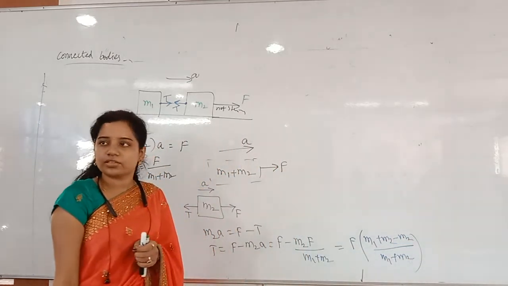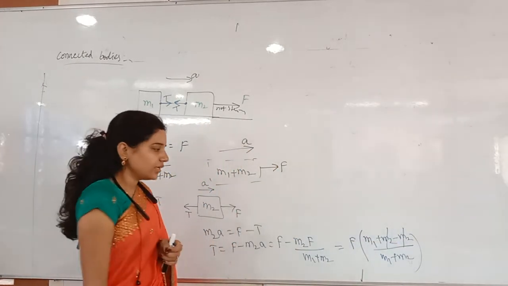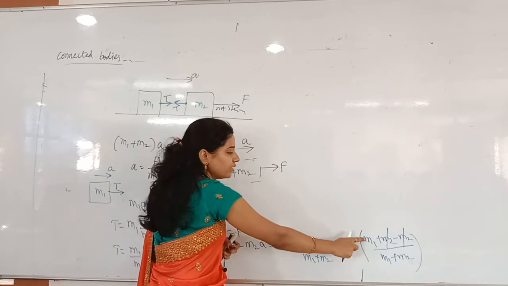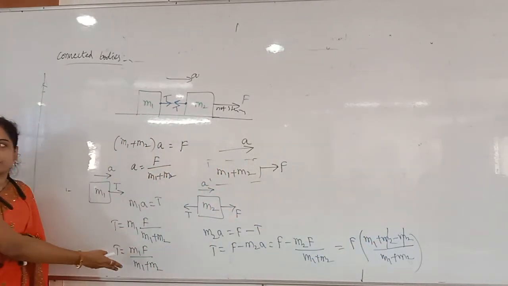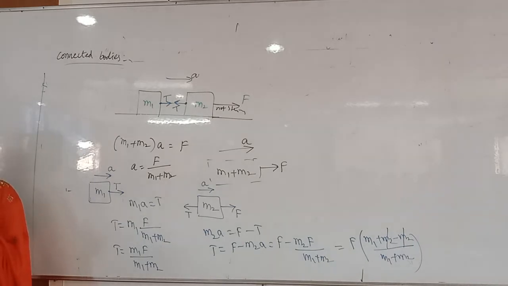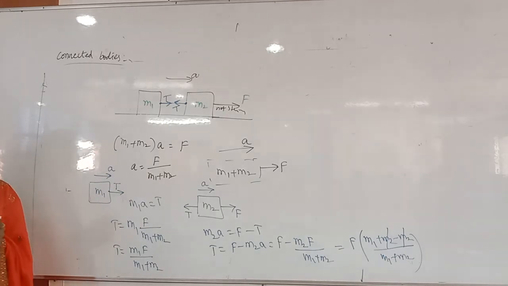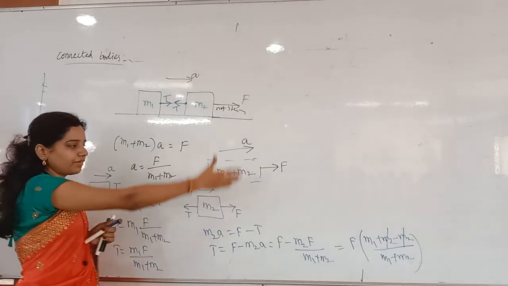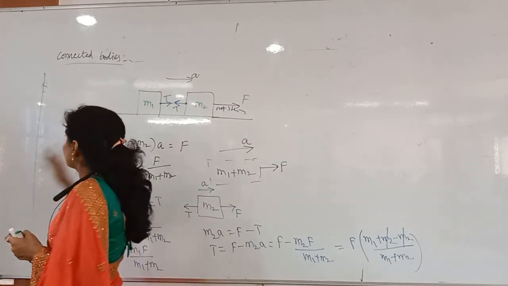You are understanding everything? Derivation. So what will get cancelled here? M2 gets cancelled. Again tension is equal to how much we got? F M1 by M1 plus M2. Here also tension is how much? F M1 by M1 plus M2. Same answer or not? Yes, everybody understood, right? You can take any body. If you take the first body, we finish within 2 steps. If you take the second one, you require more steps. Understand, right? So this is about the connected bodies.